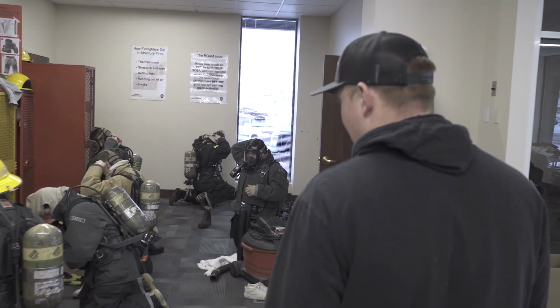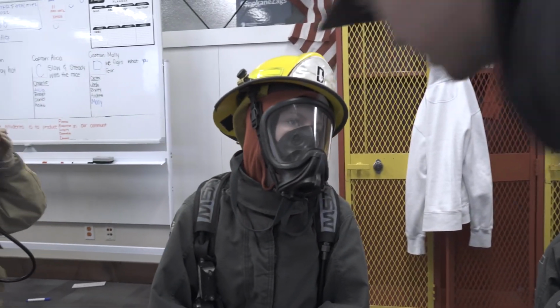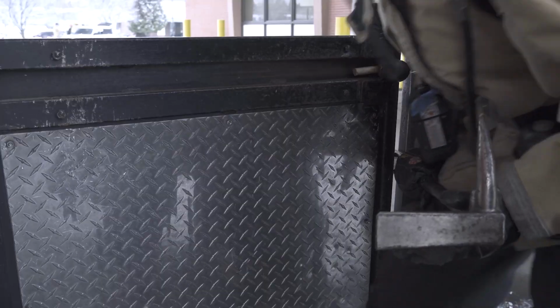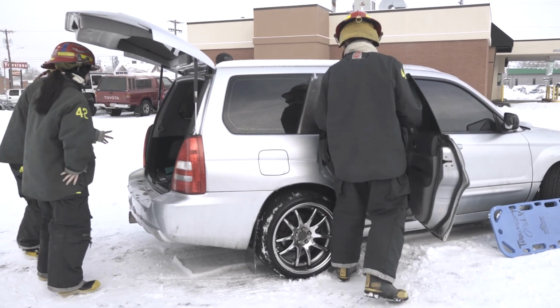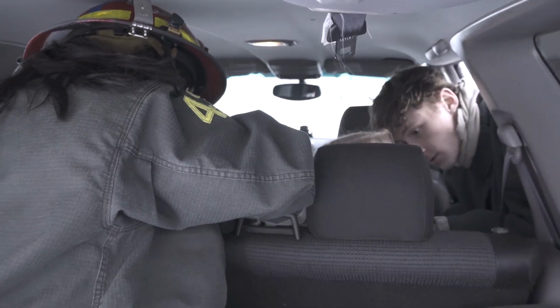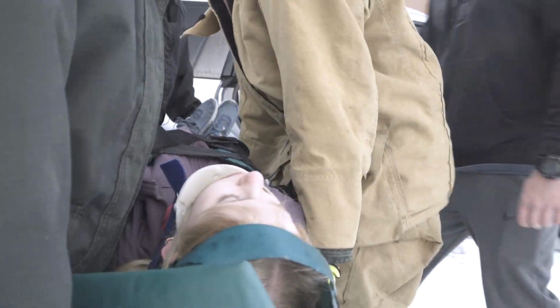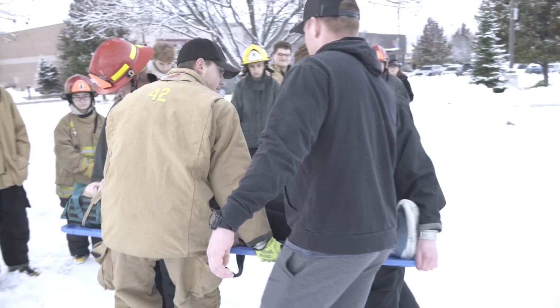Fire science students will be introduced to the profession of the modern-day fire service, including introduction to structure fires, emergency medical response, and wildland fires. Students will work cooperatively as a team member, develop leadership skills, and gain the mental and physical abilities needed to fight fires while providing emergency medical care. Students will also learn basic building construction, fire suppression tactics, concepts of fire prevention, and the overall duties and responsibilities